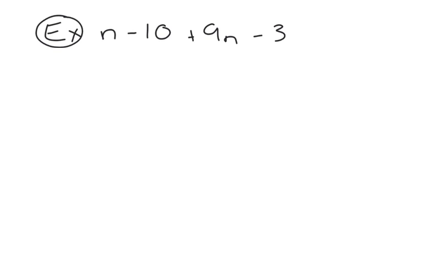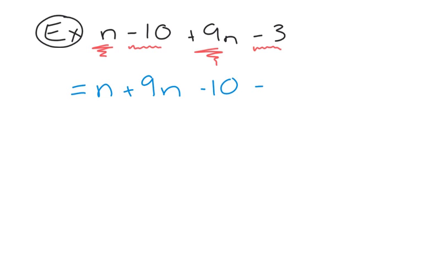If you recall, like terms have to have the same variable with the same exponents, which makes n and +9n like terms, which leaves us -10 and -3, and these would be considered like terms with one another. In our second step, we are going to move like terms beside each other. So n and +9n go beside each other, the -10 and the -3 go beside each other. Let's first simplify